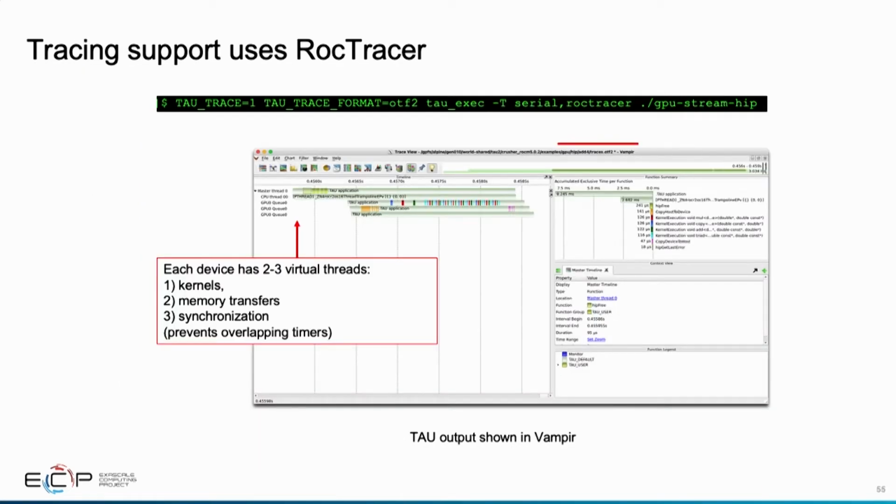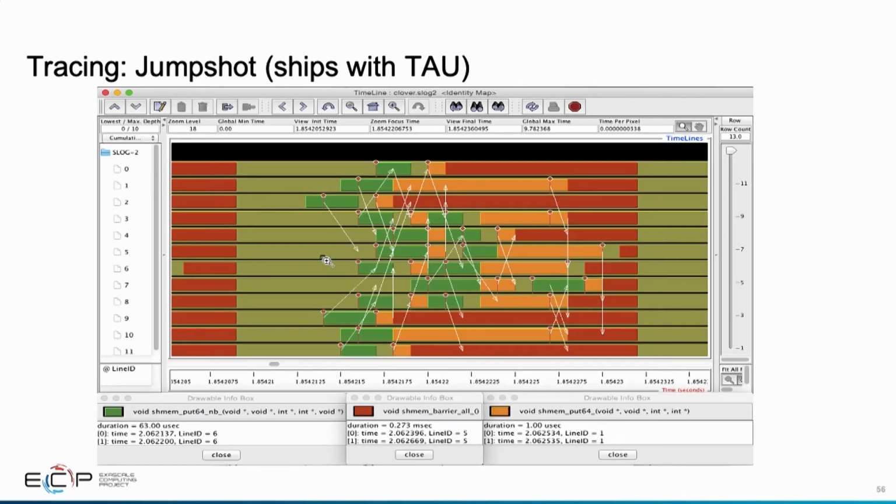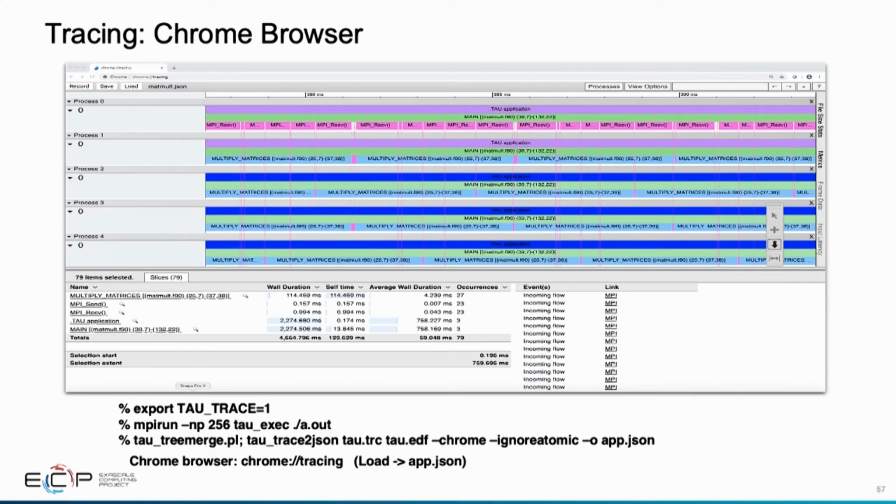This is on AMD GPUs with Roctracer. You can see in the Vampir trace visualizer exactly which kernel execution took place on which GPU along a timeline. We also ship a trace visualizer called Jumpshot with TAU. It comes from Argonne National Labs, and we are very grateful to them for allowing us to ship it with the TAU distribution. So you already have a trace visualizer that is bundled,